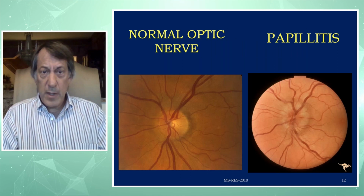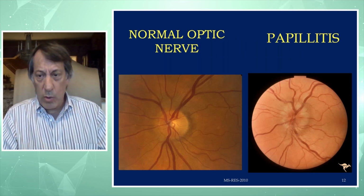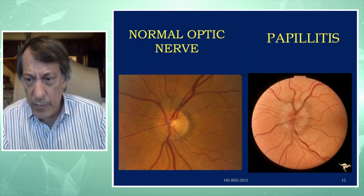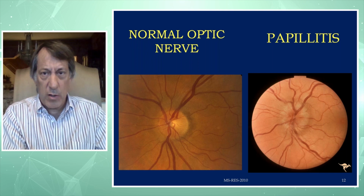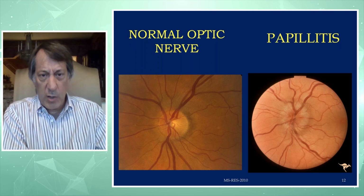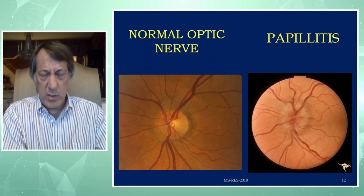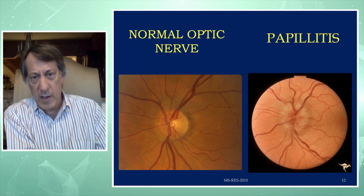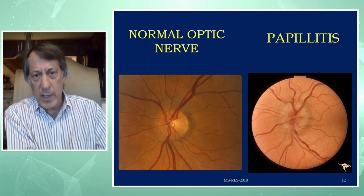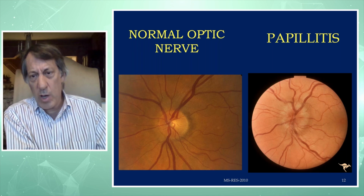Next. So on your left here, you have a normal picture of the optic nerve. And that's how we see it, the optic nerve. I don't have a pointer here that would project on here, but it's that little disc in the center, and then these vessels, which are these red lines coming out, are your arteries and veins that nourish the retina in the eye. Whereas in the lower slide to the right,